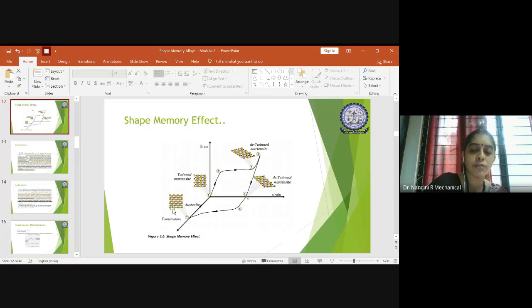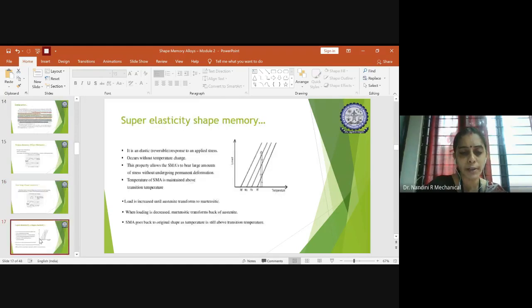So this is the austenite. This is the actual arrangement of the molecules in any shape memory alloy. But it has to change to martensite, meaning to get that twinned deformation in the body, you need some mechanical loading, or the temperature. So you apply the temperature until the austenite changes to martensite, or you apply the loading on austenite until it changes to the martensite phase. That is what is being told here.